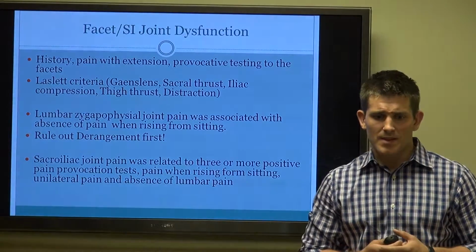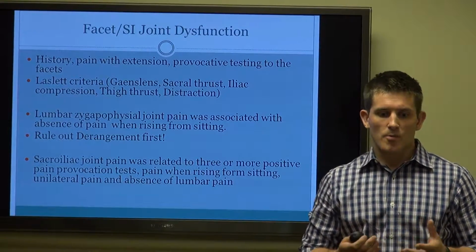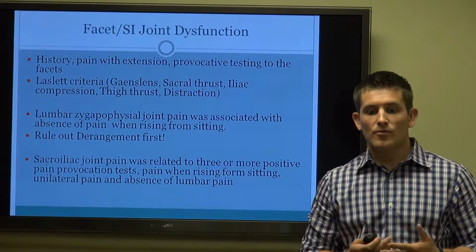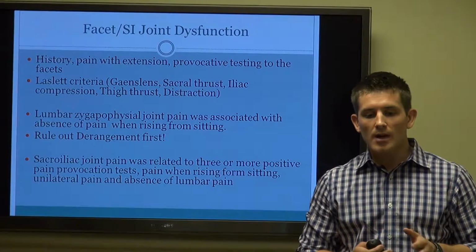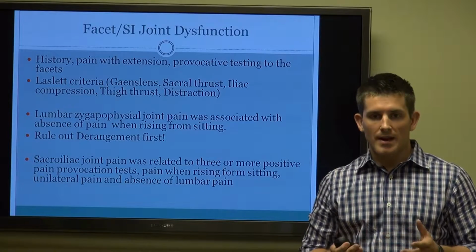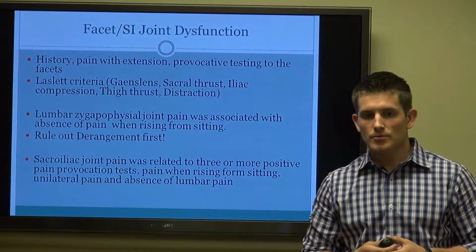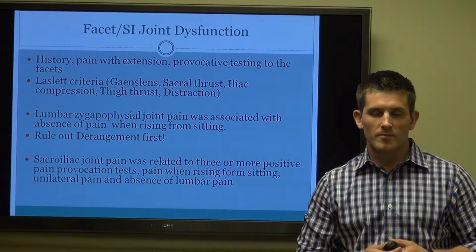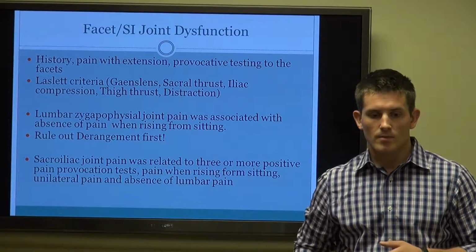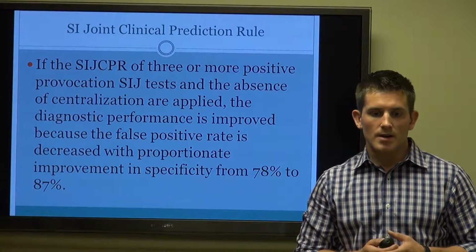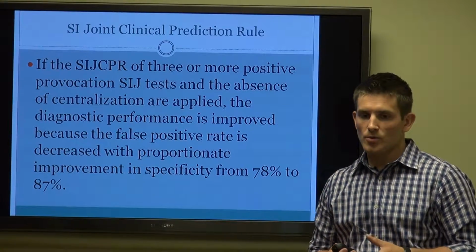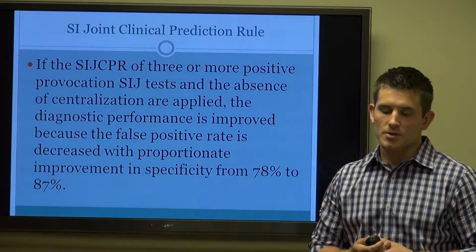So we'll talk about this again, that the sacroiliac joint is related to 3 or more positive findings, pain when rising from sitting, and usually unilateral pain without any lumbar pain. So it typically will be under the lumbar spine, and there shouldn't be any lumbar pain, although again, we could have multiple areas affected. So the SI joint clinical prediction rule is a battery of